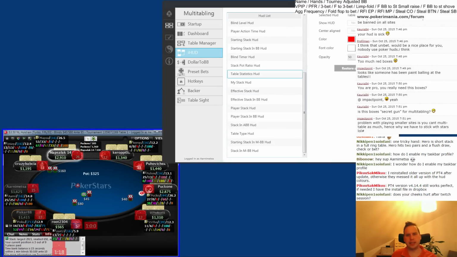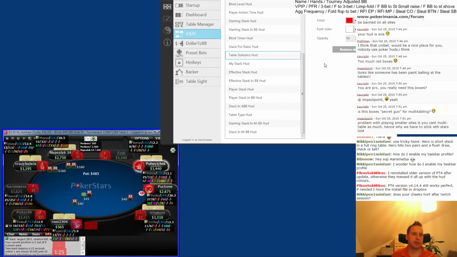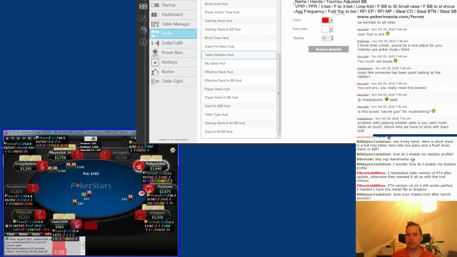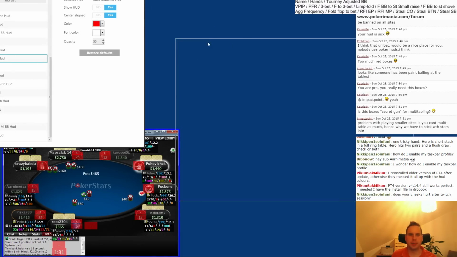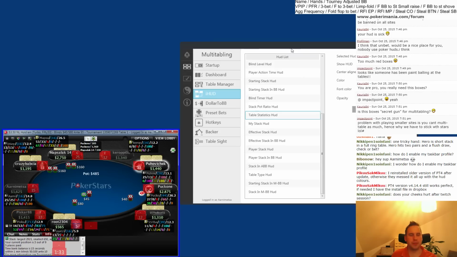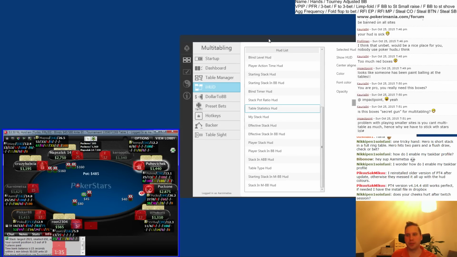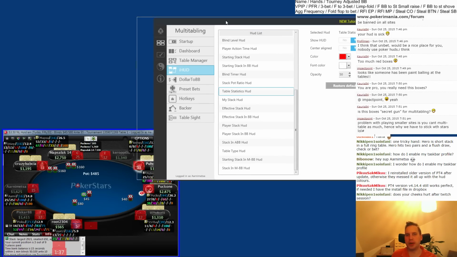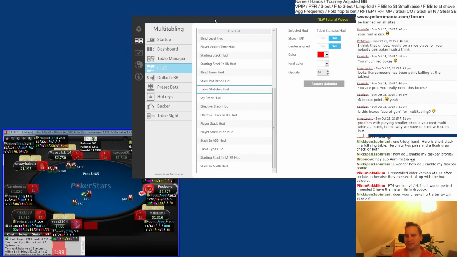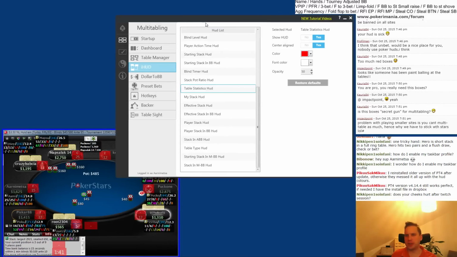Table statistics. This table statistic is how many tables you have to act on. Now I did something problematic. I moved the SessionLord window into a spot where I couldn't move it down anymore. And only now I noticed that these chats have been